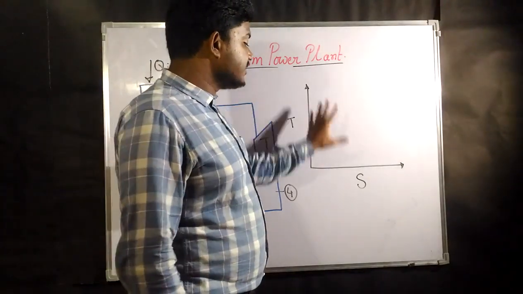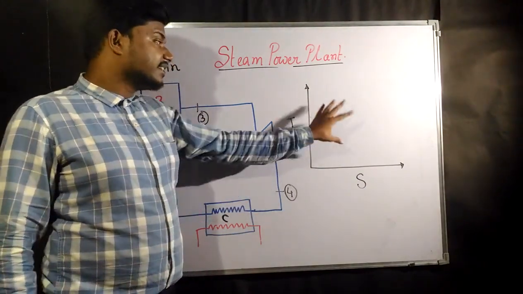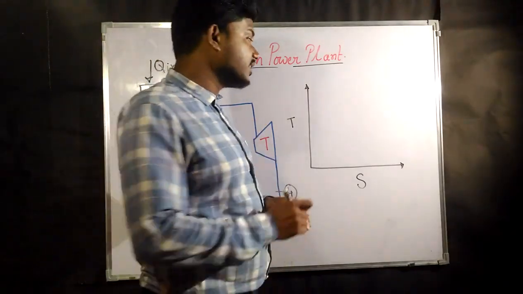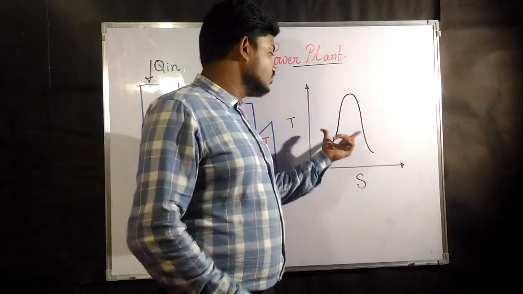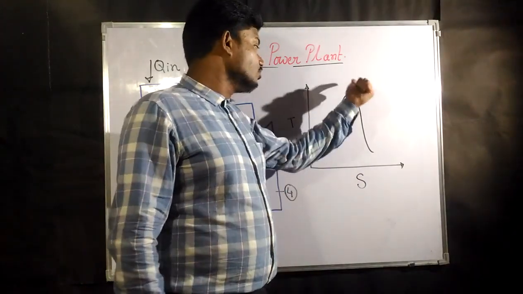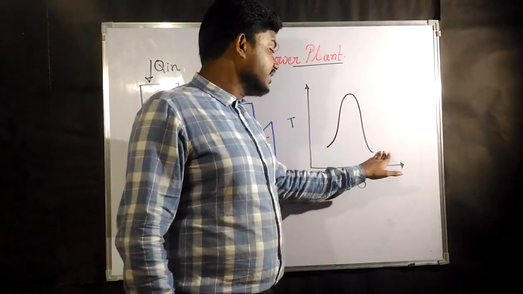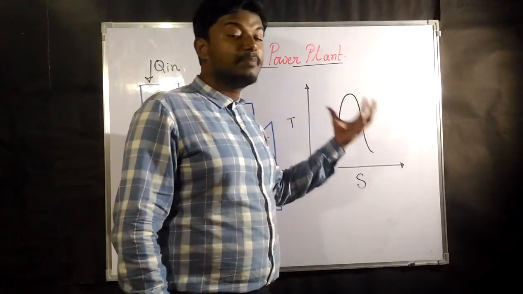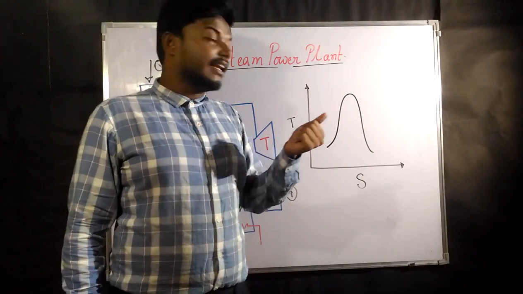Now this TS diagram we have kept empty because before understanding the temperature-entropy diagram for a steam power plant, there is one particular thing we need to understand, that is the vapor dome. This is known as a vapor dome. The vapor dome is made of lines, a dome made up of an infinite number of points. This will help us represent the different phases of the substance in the TS diagram.